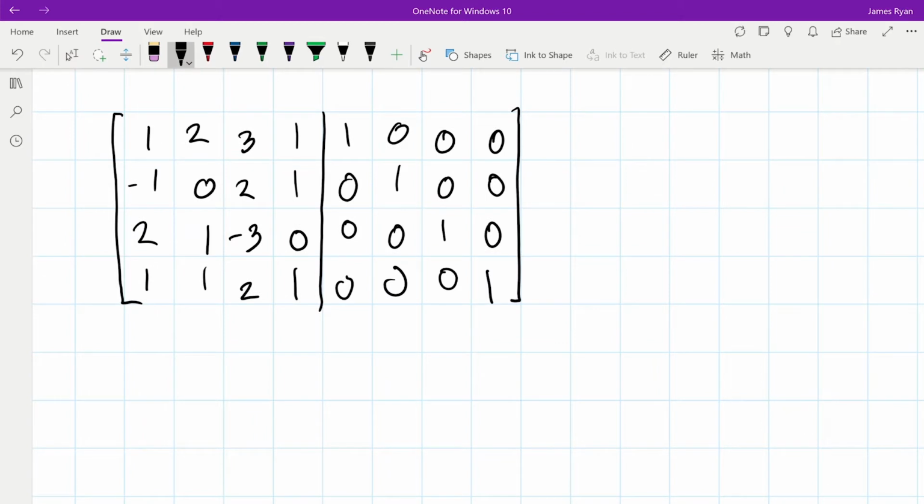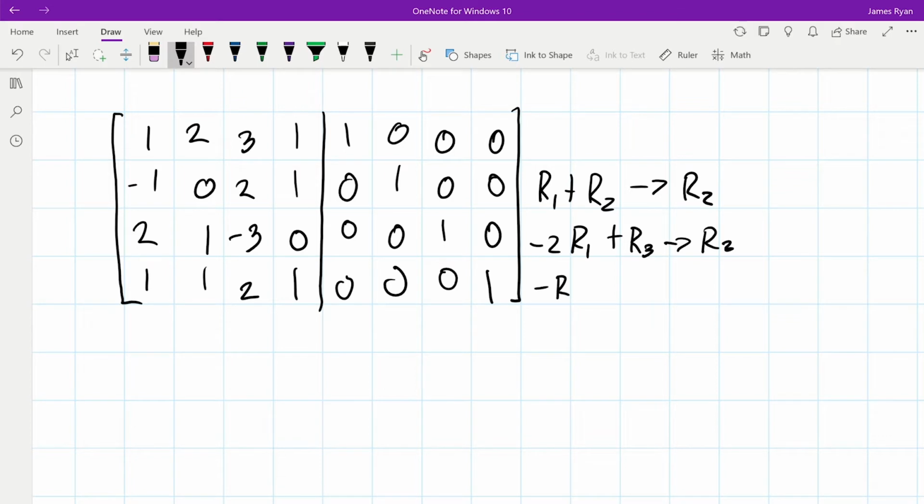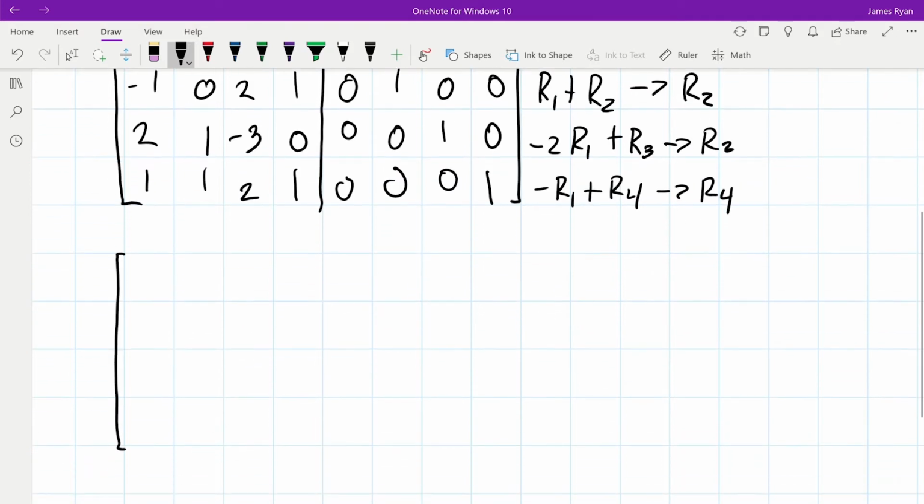For the first row, we don't need to do anything with the first column. It already has a leading 1. So we will do row 1 plus row 2 becomes the new row 2. -2 row 1 plus row 3 becomes the new row 3. And negative row 1 plus row 4 becomes the new row 4. After that, we will start with